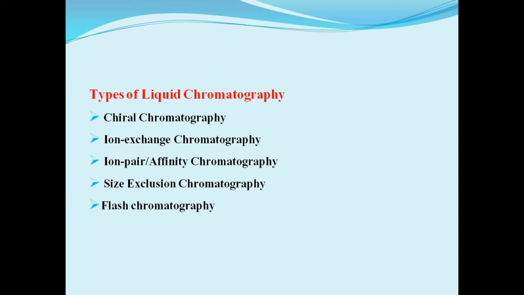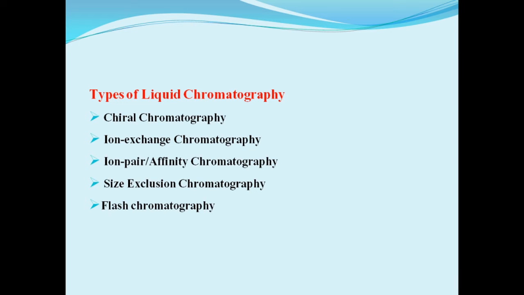Next type of liquid chromatography is chiral chromatography. Separation of the enantiomers can be achieved on chiral stationary phases by formation of diastereomers via derivatizing agent or mobile phase additives on chiral stationary phases. For an impurity test method, eluting the enantiomeric impurity before the enantiomeric drug enhances the sensitivity. This method is mainly used for separation of chiral compounds.